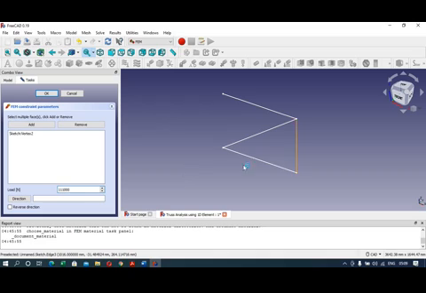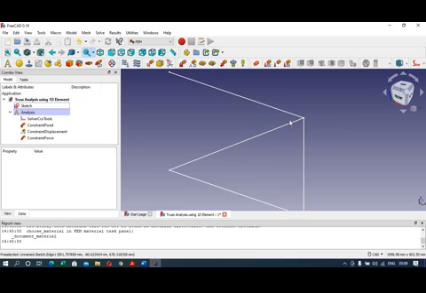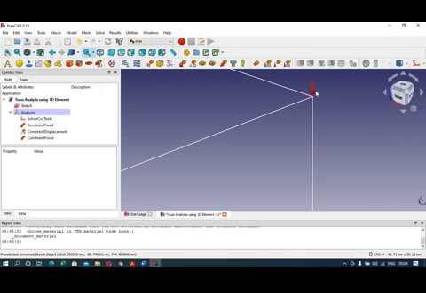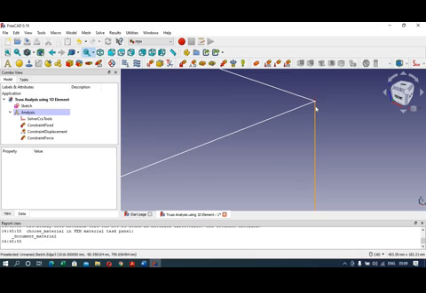So here we are going to specify the direction. So click on this line and click on the direction. So here it is going to be in the upward direction. So we want it along the negative z-axis. So click on the reverse direction. Click OK. So here you can see the force acting in the downward direction of magnitude 111 kilonewton.